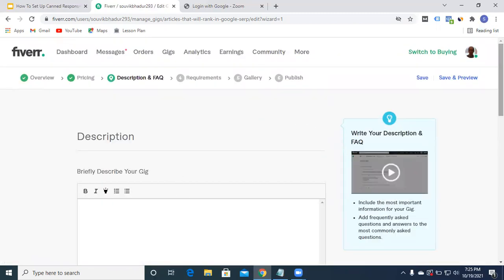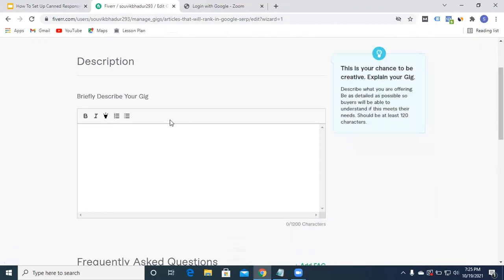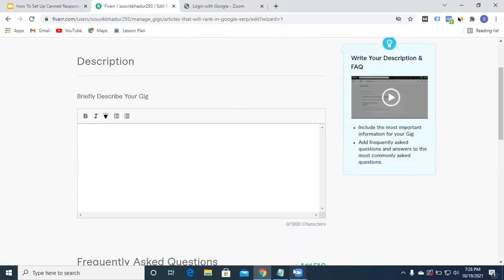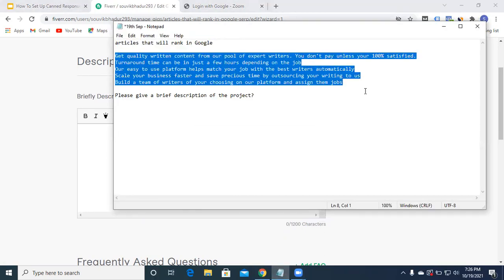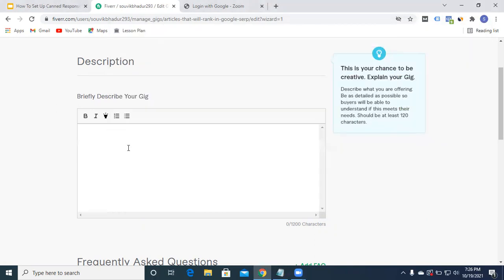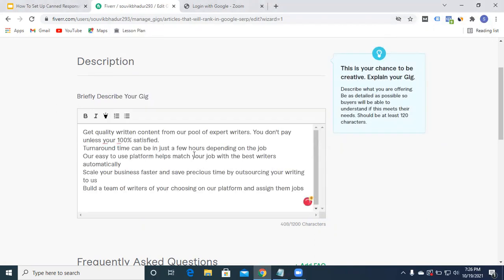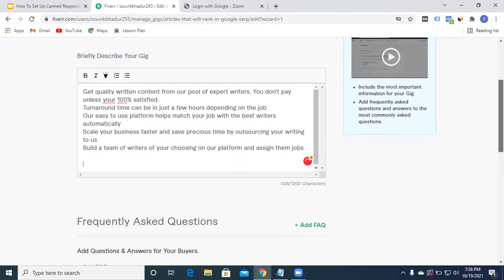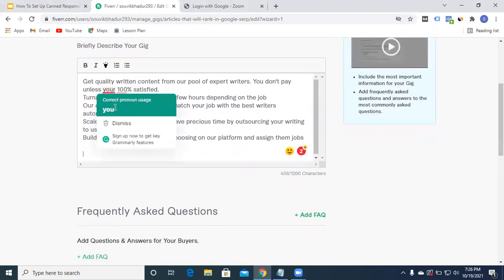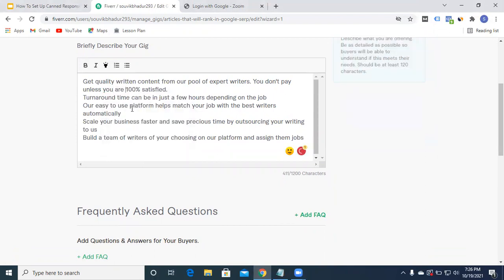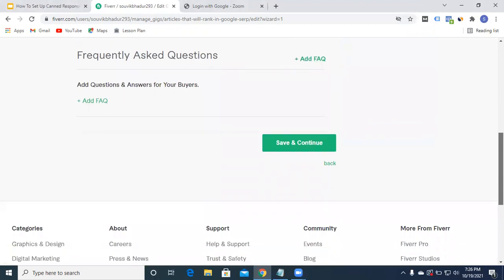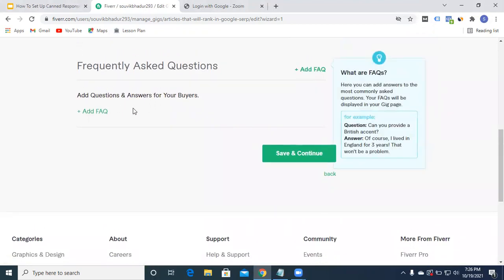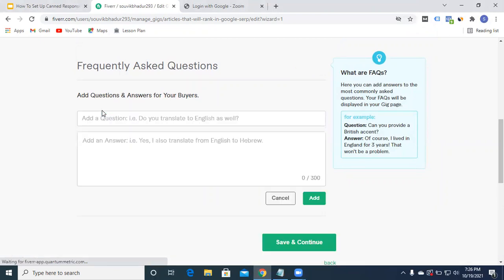Okay, so here I have to add a description of what I want to propose. So I've kept a pointer out here. Paste this description. English has to be perfect. We are into content writing, article writing. These steps have to be taken care of. Next is we can have an additional FAQ added. So I'll just add on something else, or